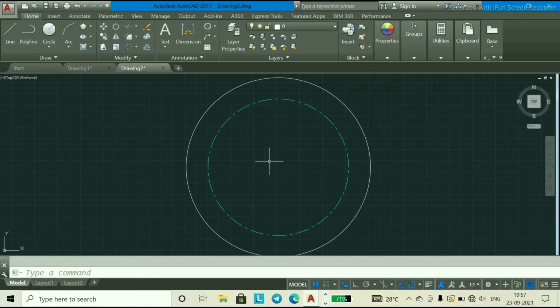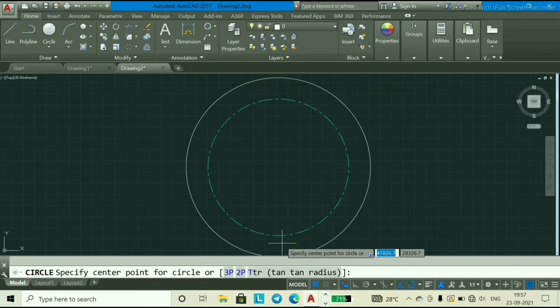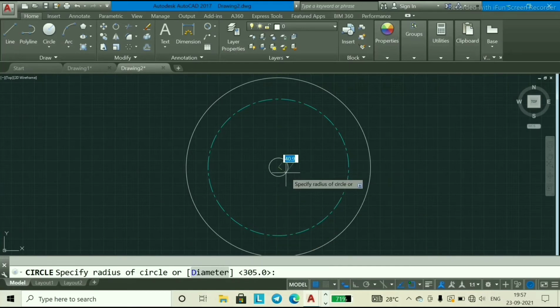Now from inside take another circle. So I will choose C, enter, that is circle, and choose the center point and make radius 400 mm.